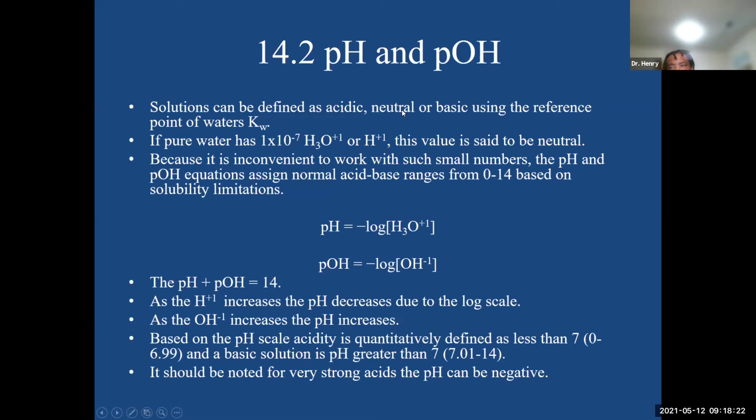Okay, so we just talked about this. The pH is equal to the minus log of the concentration of the hydronium ion, or the H plus. And then the pOH is equal to the minus log of the hydroxide ion. And together, they add up to 14. So if I know one, let's say if I know that my hydroxide ion is 0, then I know that my pH is going to be